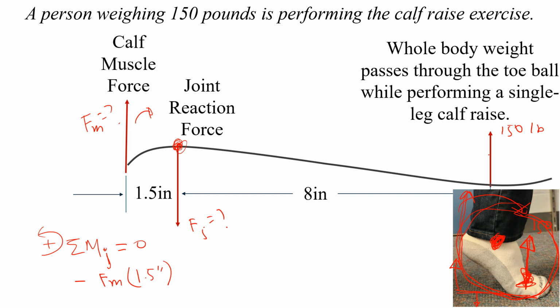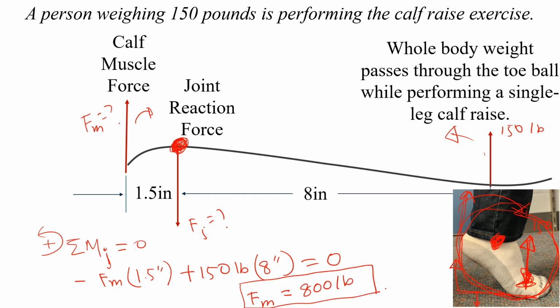And this 150 pound force will make a counterclockwise moment with respect to the joint. So that's going to be positive 150 pounds times the distance, which is 8 inch. The distance is measured from the place where you take the moment. So that sums to zero. Then you will be able to calculate the muscle force, which is 800 pounds